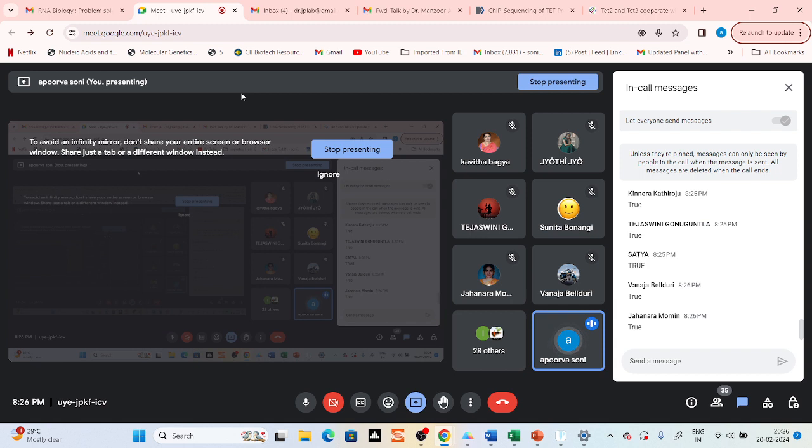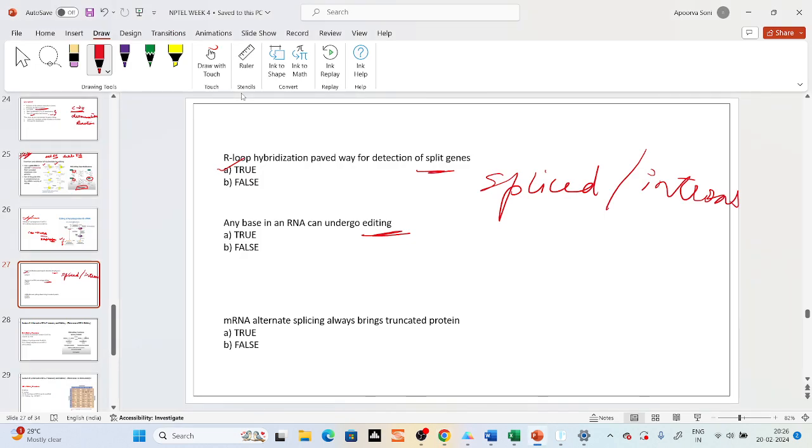Manja and Janara are saying true. Okay. Kavita is saying false. Okay. I want more participation. Jyoti is saying true. Fine. The answer is